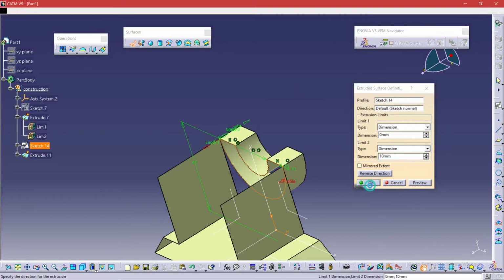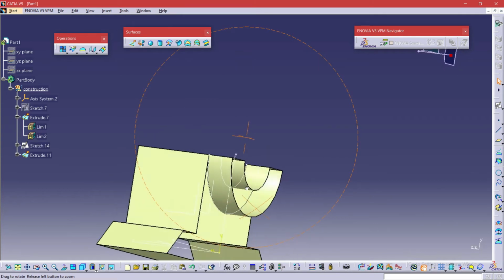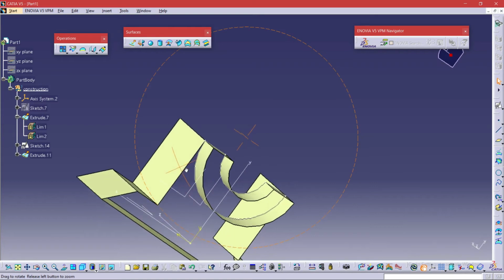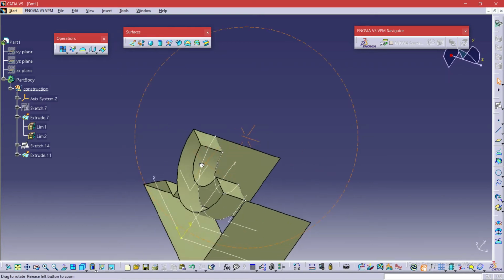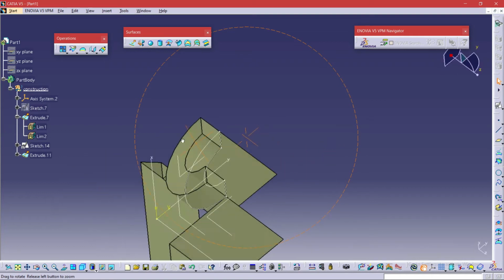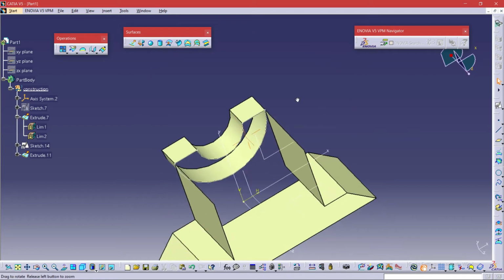First, I will make the outer extrusion part. Then later I am going to fill it up from behind. This is our product that we have seen in the drawing itself. Later we are going to fill it with the surface. Almost 80% of the work has been done. The later part is just to join it with the join command.